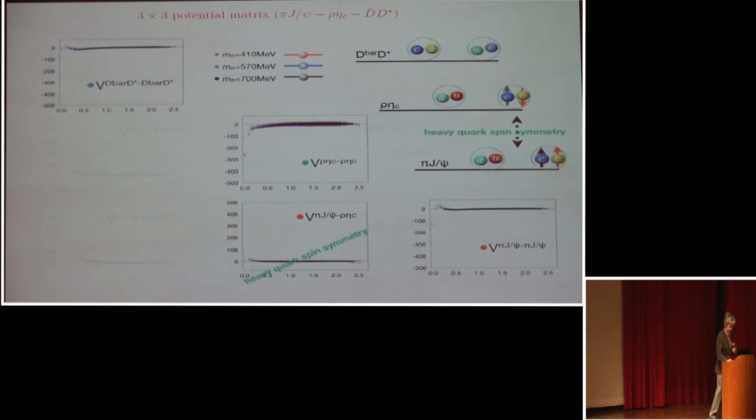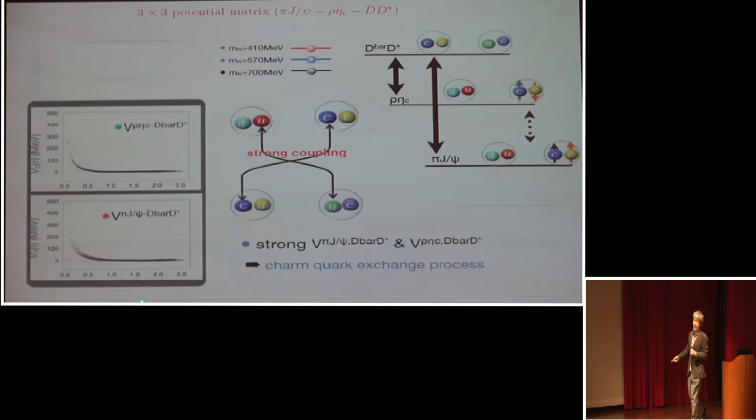But on the other hand, this off-diagonal part has sizable contributions like this. And this transition is just Charm-Hawk interchange. So heavy quark symmetry does not prohibit this process. So this strong off-diagonal potential is important to our analysis. And so let's consider